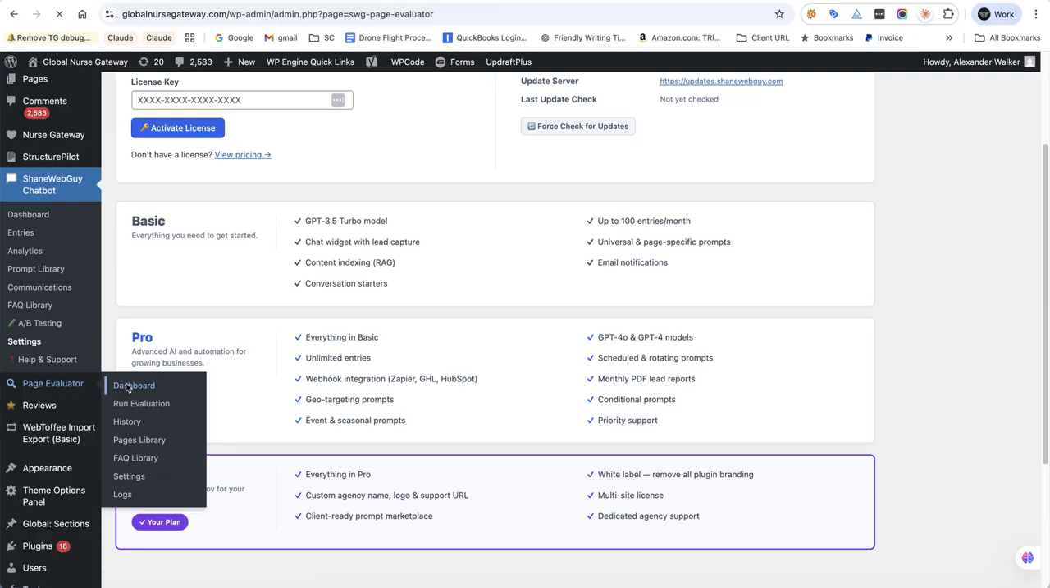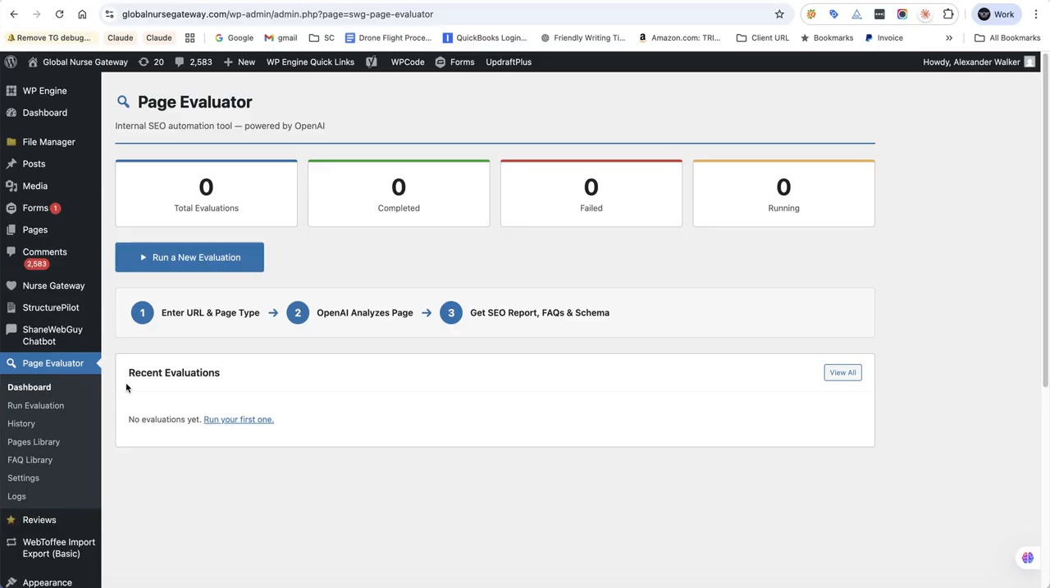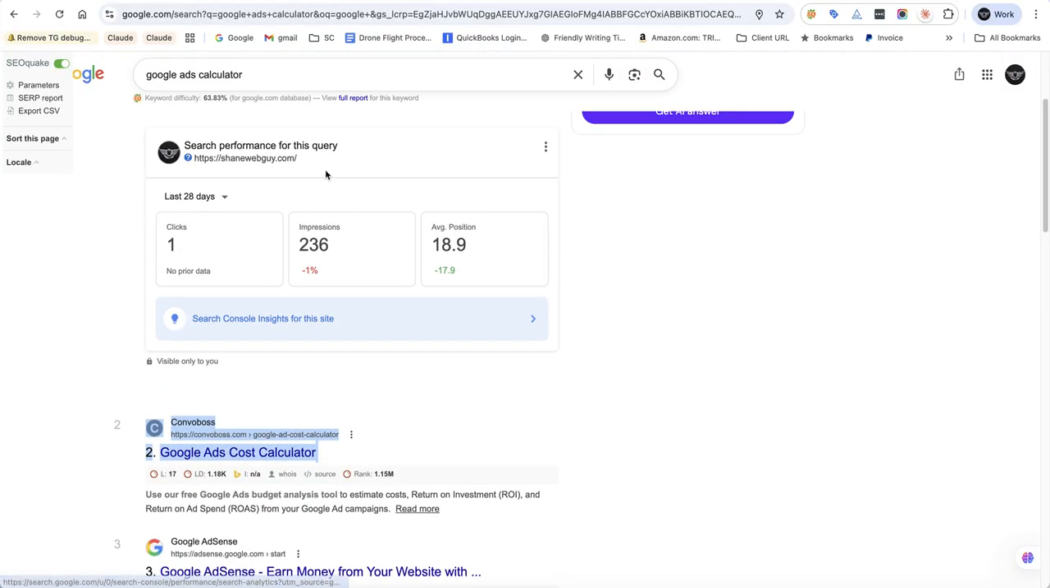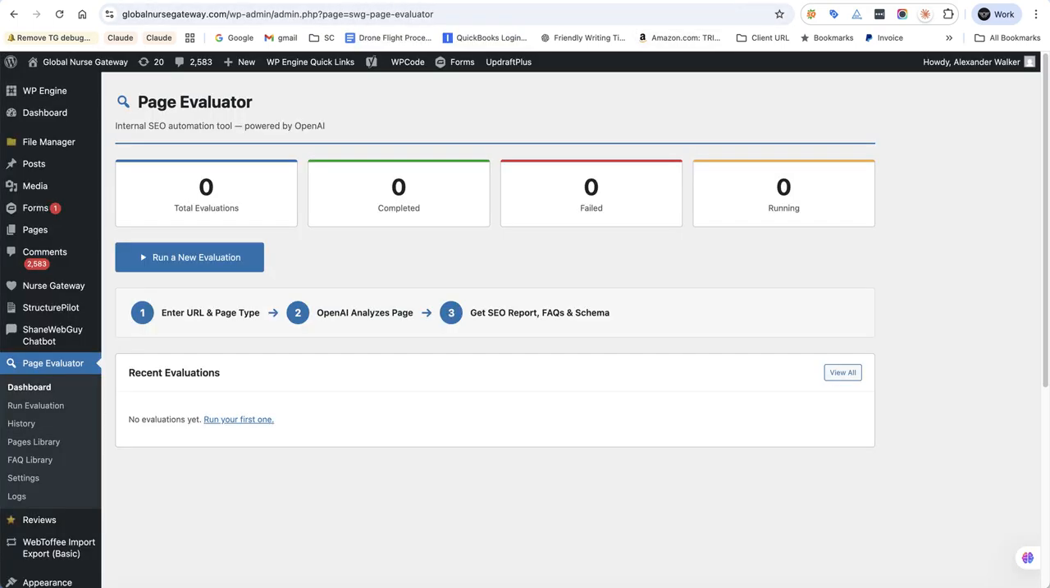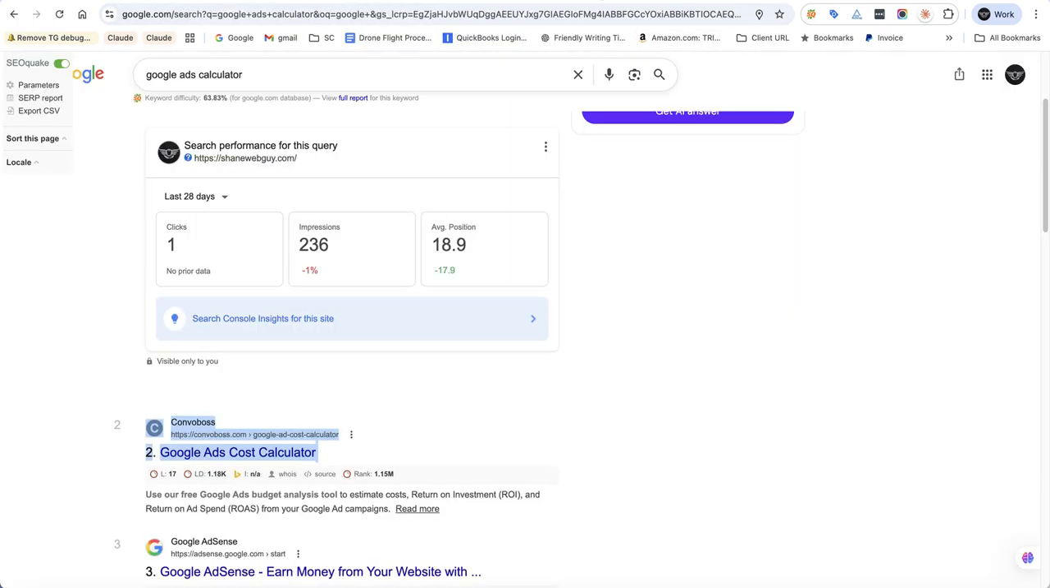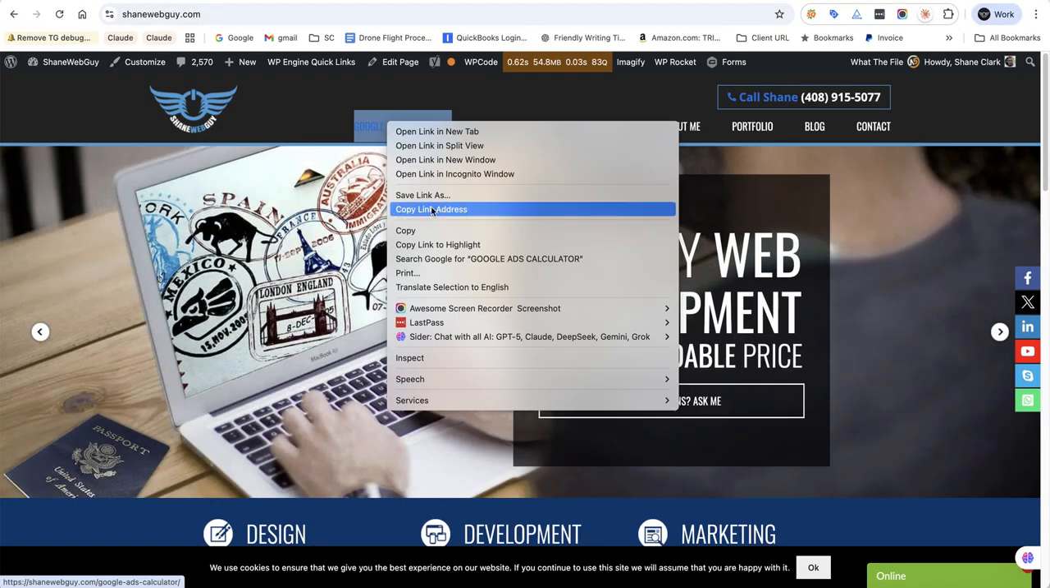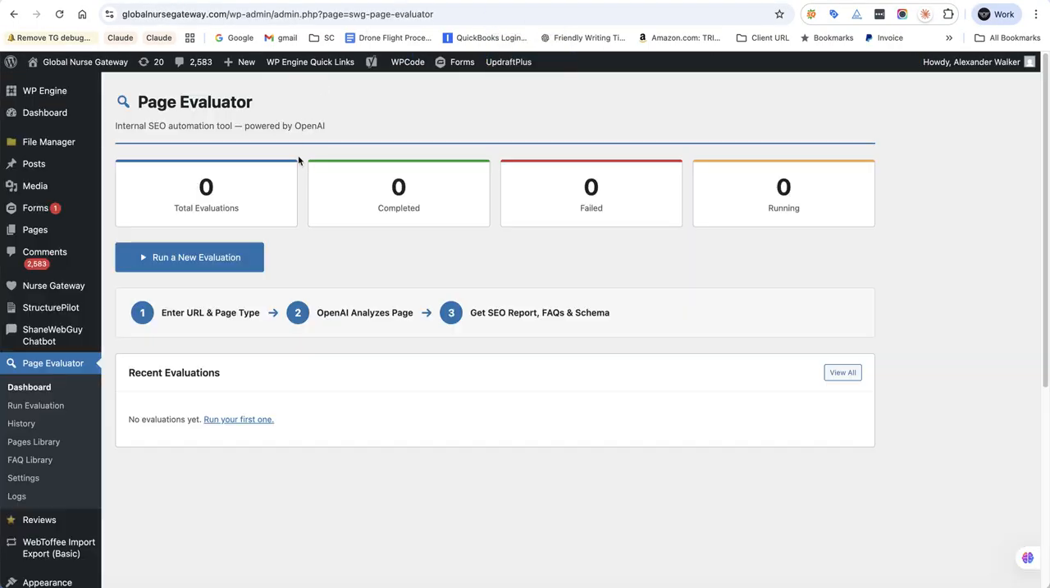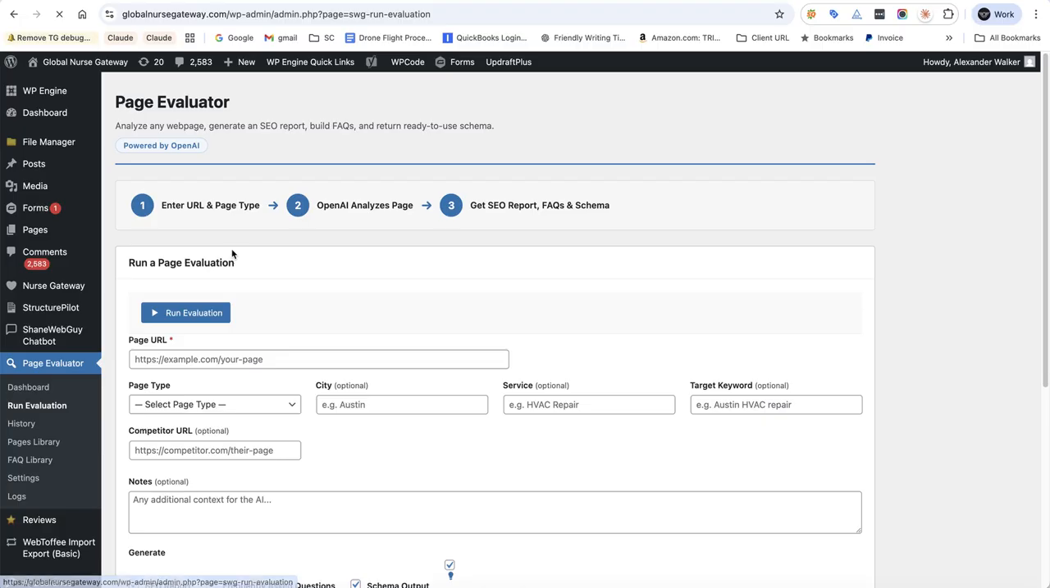I like this one. This one really gives me some insight. I'm making a run, and go back here. I'm making a run for ranking at least on page 1 on Google Ads Calculator. I'm moving up, but I want to see in the best possible detail the insights of what it takes to, best practices for. So I run a new evaluation,